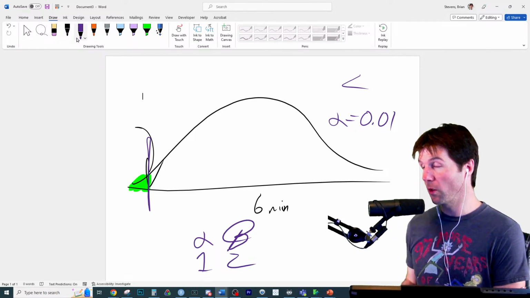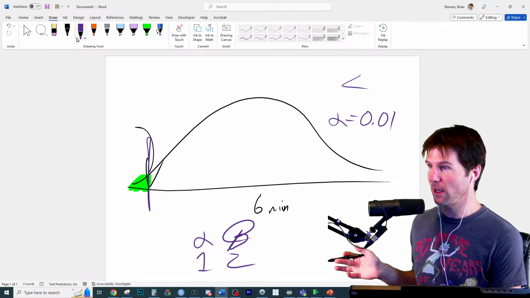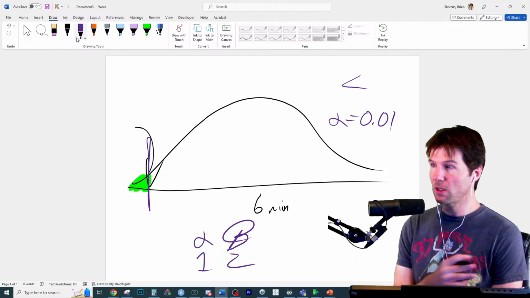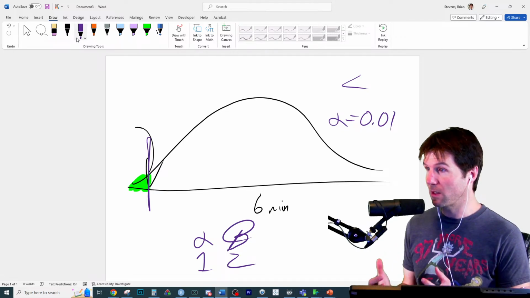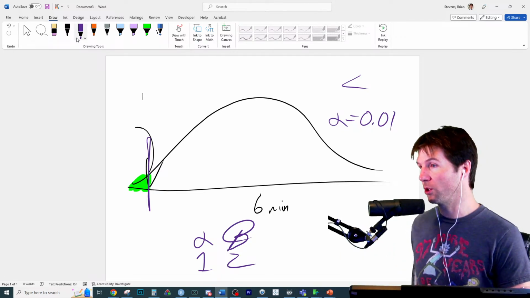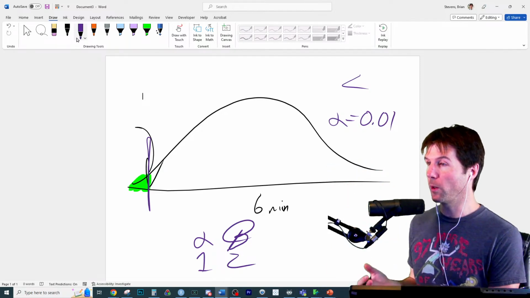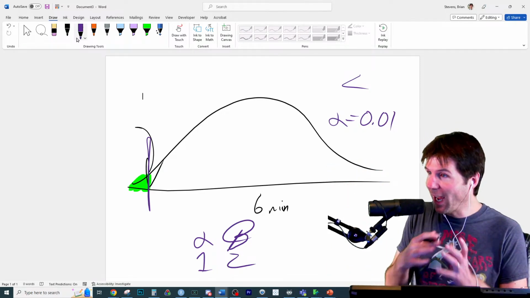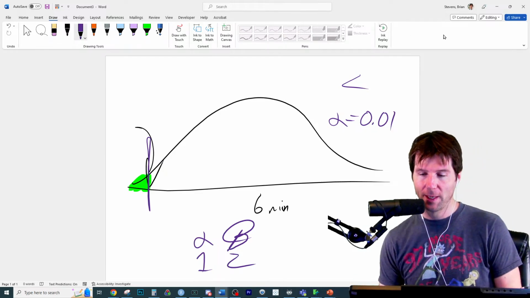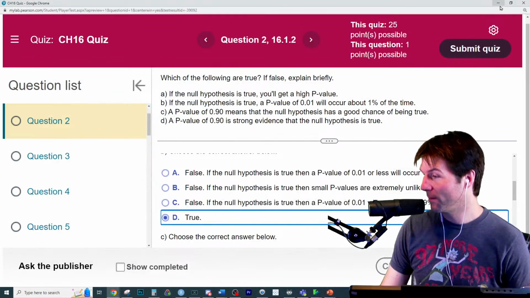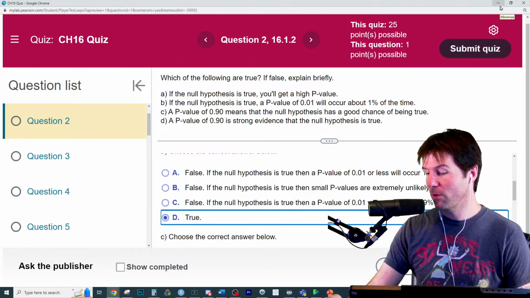So the alpha is the willingness to say this percent of the time we'd see something as extreme like that makes us think we can reject the null, even if the null is true. So with a 1% alpha, you will reject the null where 1% of the results that would happen if the null is true would occur. So you make errors. Yeah, it can really trick you.